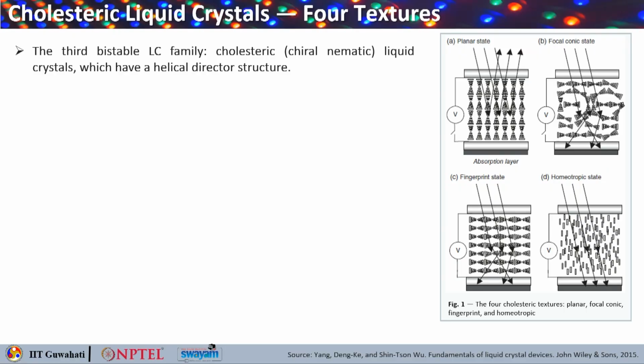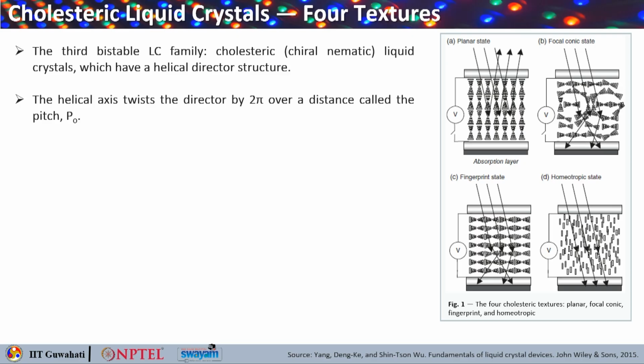The cholesteric liquid crystals are basically chiral nematics with helical director structure, and their bistability and optical readout, that means reflection not transmission, are both qualitatively different from the ferroelectric and the nematic devices which have been covered in the